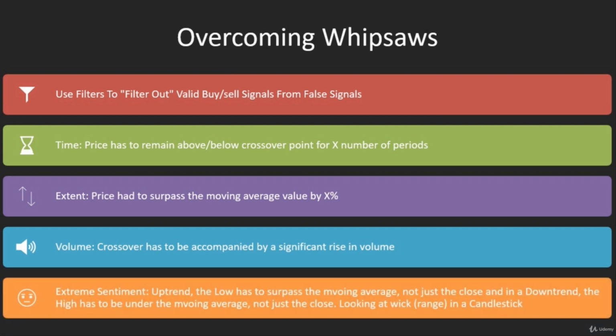Or you could put in something like, I want to have extreme sentiment, right? There's an uptrend, and I want to really confirm that's an uptrend. So not only does the closing price have to surpass it, but the low of, let's say, a candlestick bar has to cross it too. So like the bottom of the wick, the low part of the range. So not only has the price crossed it as far as the price at the closing of a trading day, but also in the trading range, the very bottom of the wick on a candlestick, the low, has to surpass it too. So I'm looking for extreme sentiment that we have crossed this price bar,